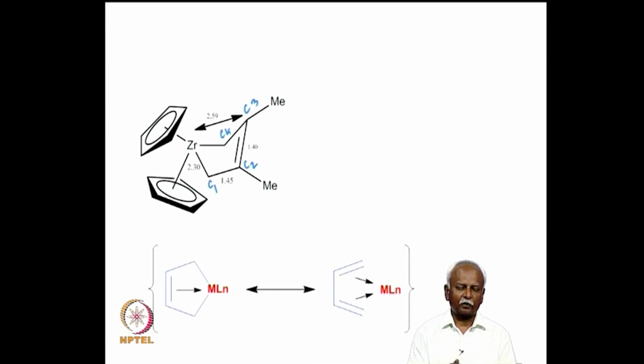Now, in this particular compound, which is a metallocyclopentene, you have a very long bond between C3 and zirconium, almost 2.59 angstroms, whereas the zirconium-C1 bond is very short, 2.30 angstroms. So, a short distance between C1, C4 and zirconium, and a